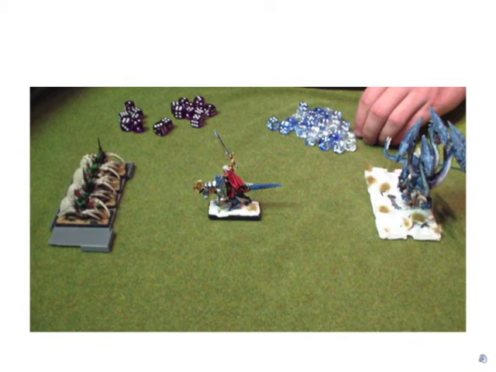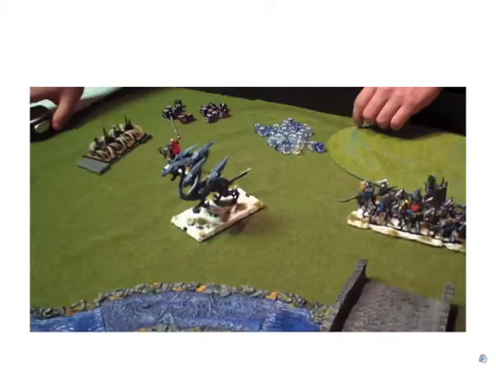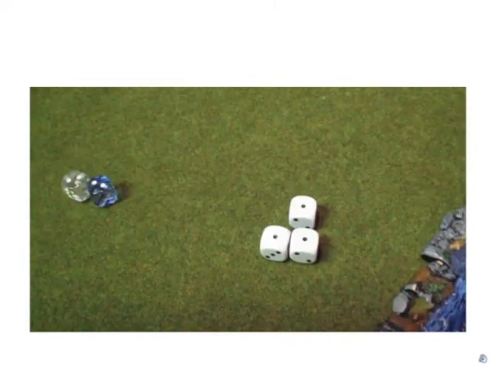On his turn, he decides to move his Cold One Dreadlord in front of my Spider Riders. I'm okay with that as long as he's not gunning for my other lines or my other units. And since my Night Goblin 4 Spiders are fast cavalry, they can dance around him. His Hydra moves up,